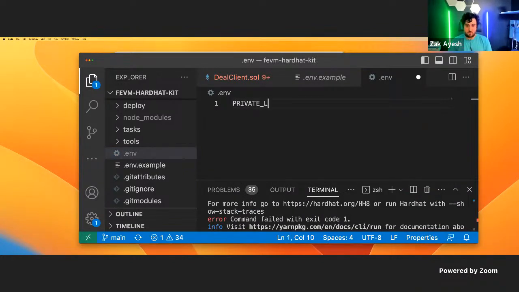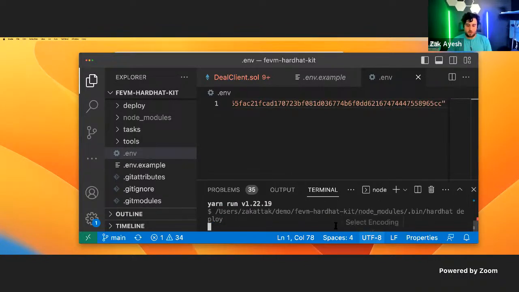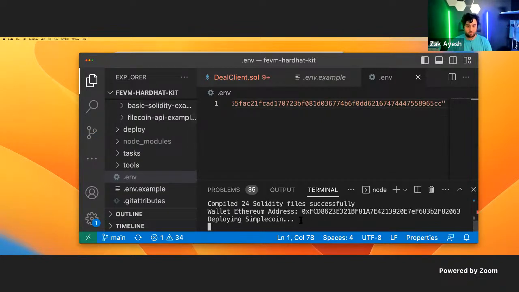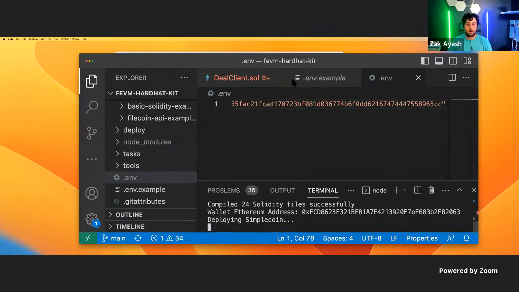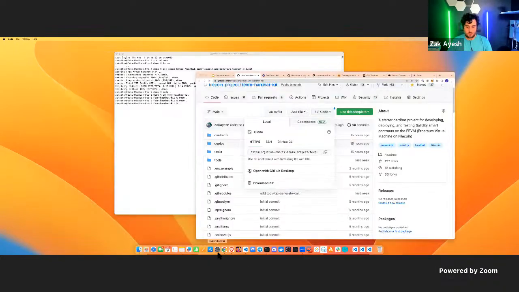You just type in PRIVATE_KEY. I'll put it in some quotes, paste, save. Now we'll type in yarn hardhat deploy, and our deploy script will start deploying. It's going to compile our Solidity files and it's going to start deploying them, right? We're not going to wait. That's why I have my other demo open. So we're just going to go ahead and close that. And we're going to go to the